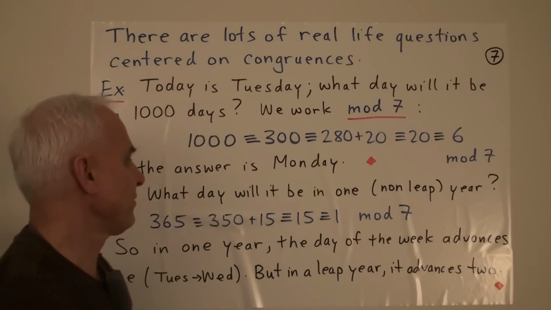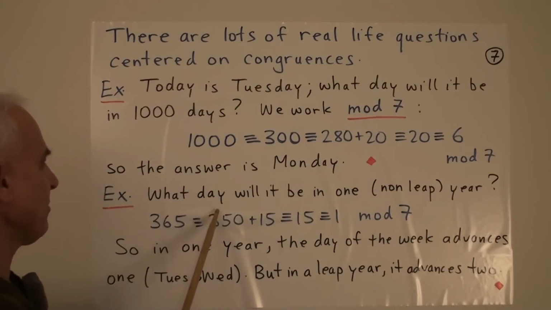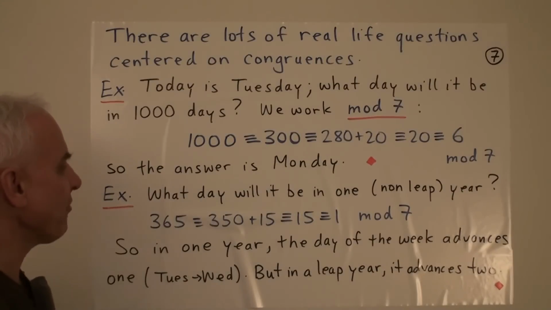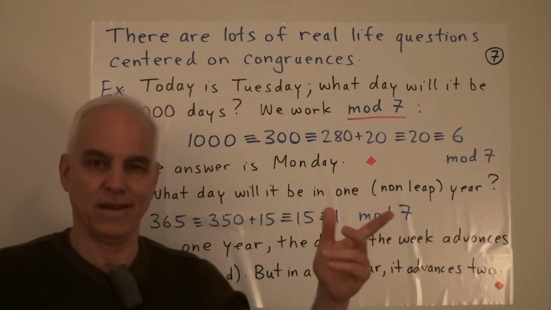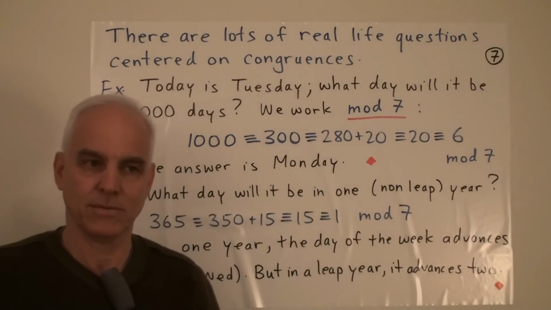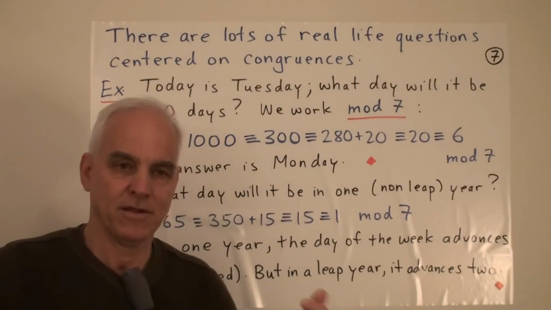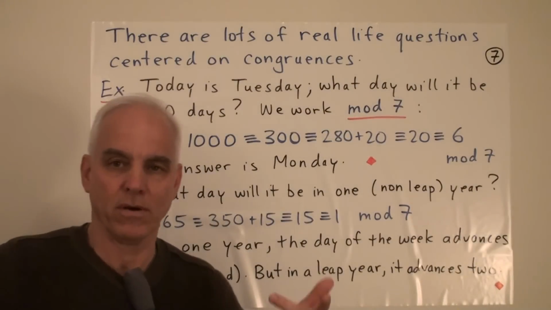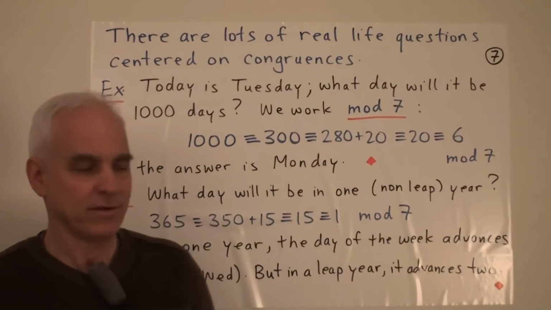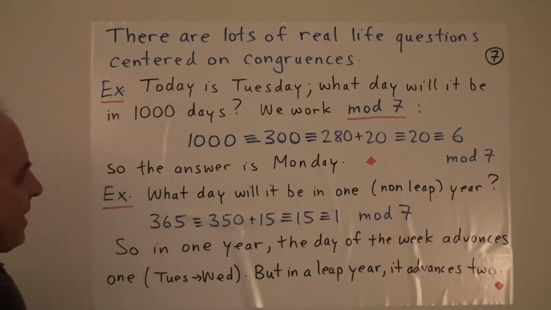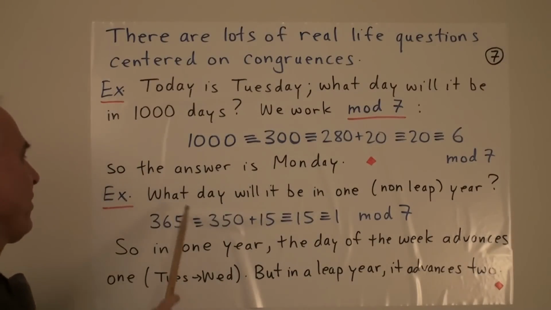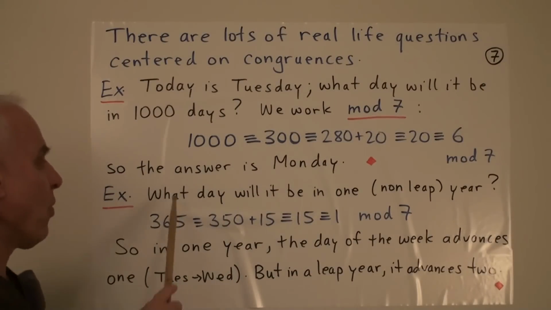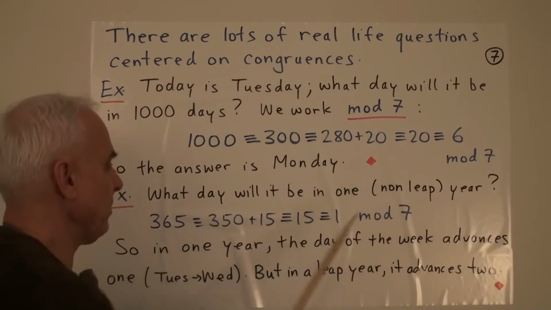Okay, so there's a very pleasant, famous kind of problem of trying to figure out what day of the week it is at some given day in history or maybe in the future. January 19th, 1304. What day of the week was that? Well, that rests exactly on this kind of modular arithmetic. For example, relevant to that question is, what day will it be in one non-leap year?